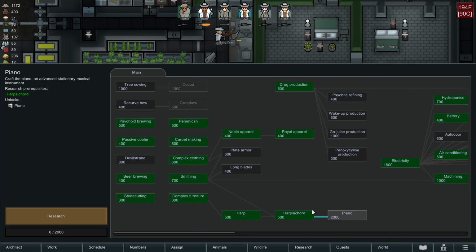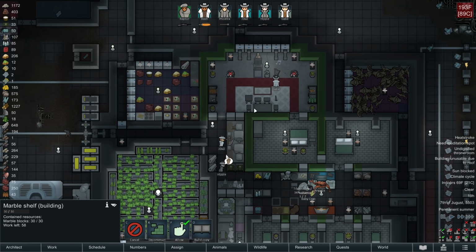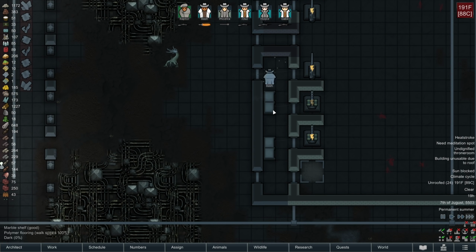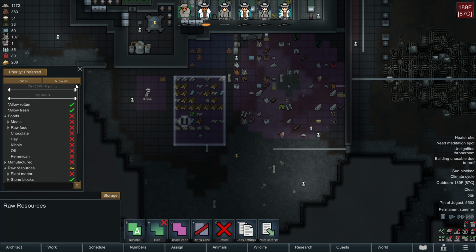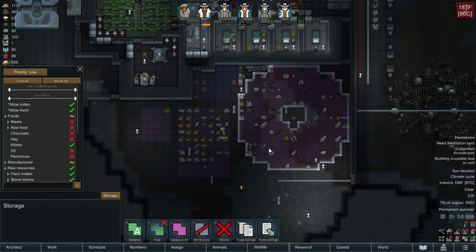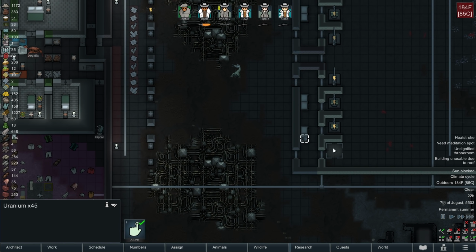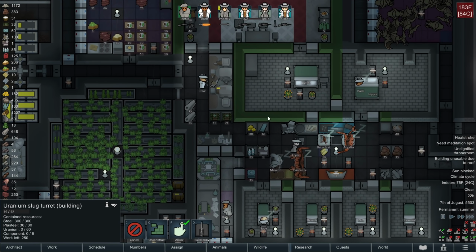All right, so harpsichord is research. Let's get piano. I'd like to get ahead of the curve and make sure that I have all the research that Raptor will need to maintain his royal happiness. All right. And then this is also preferred, so I'm going to put this to normal and put this to low. And that way things get hauled where they should. So here's the uranium. This stack of uranium obviously is going to be used to make the uranium slug turret. But then eventually we'll have...